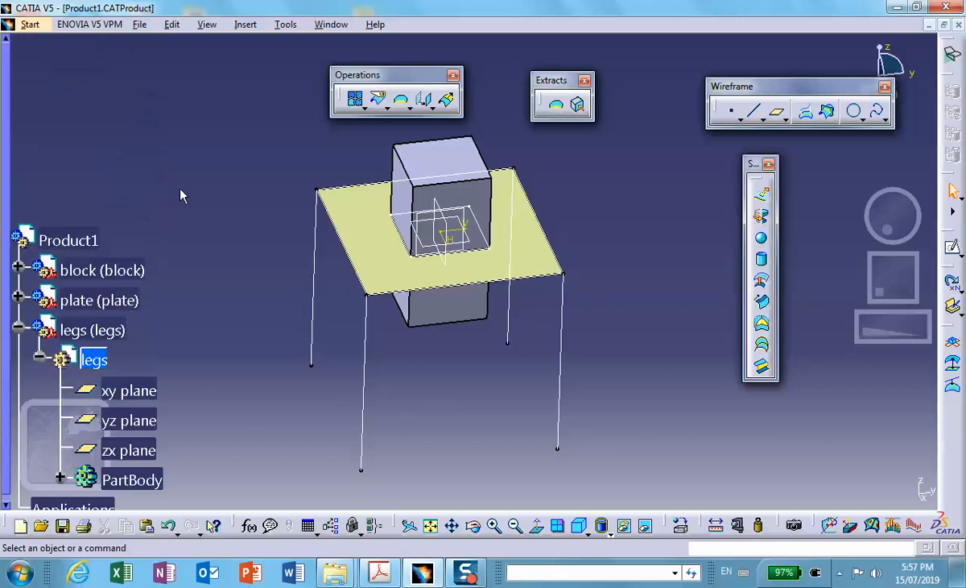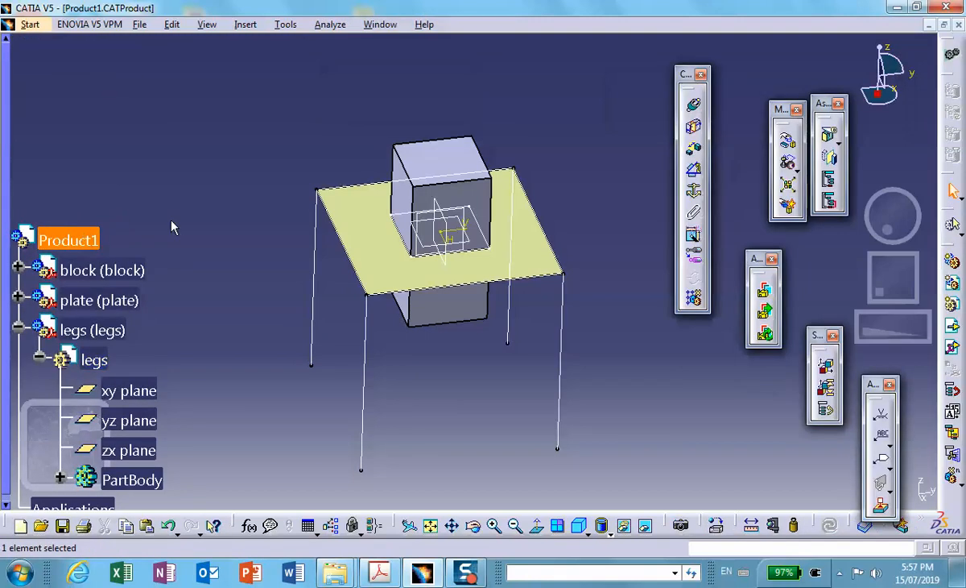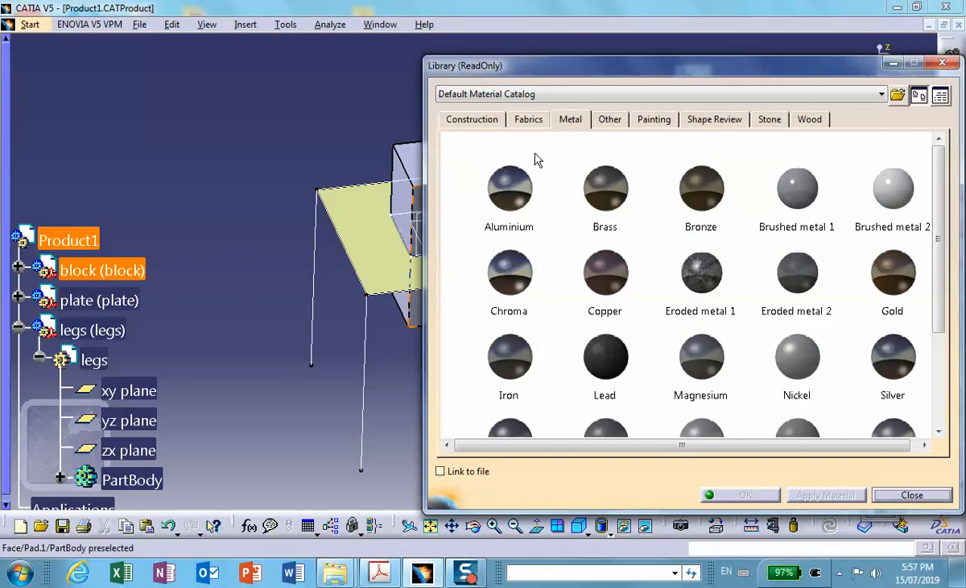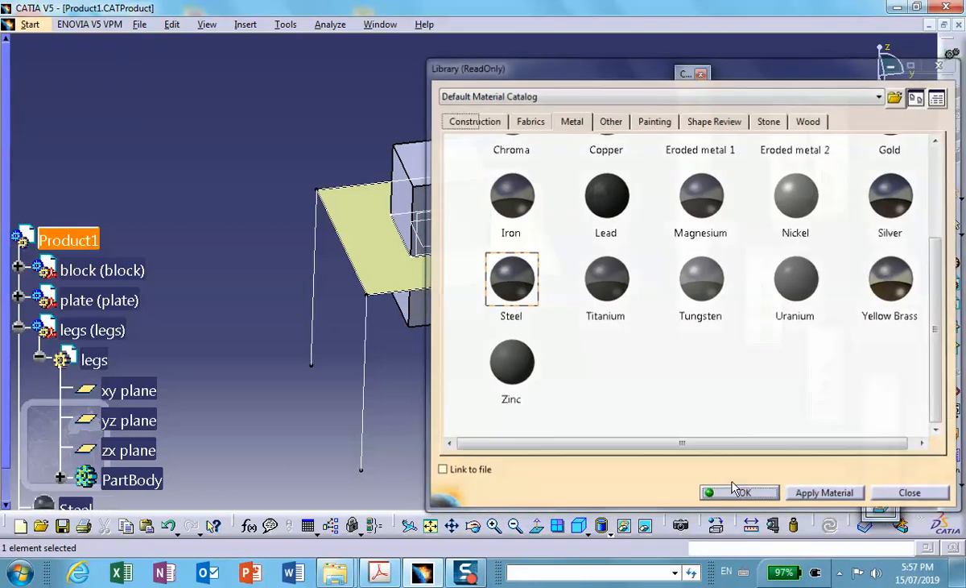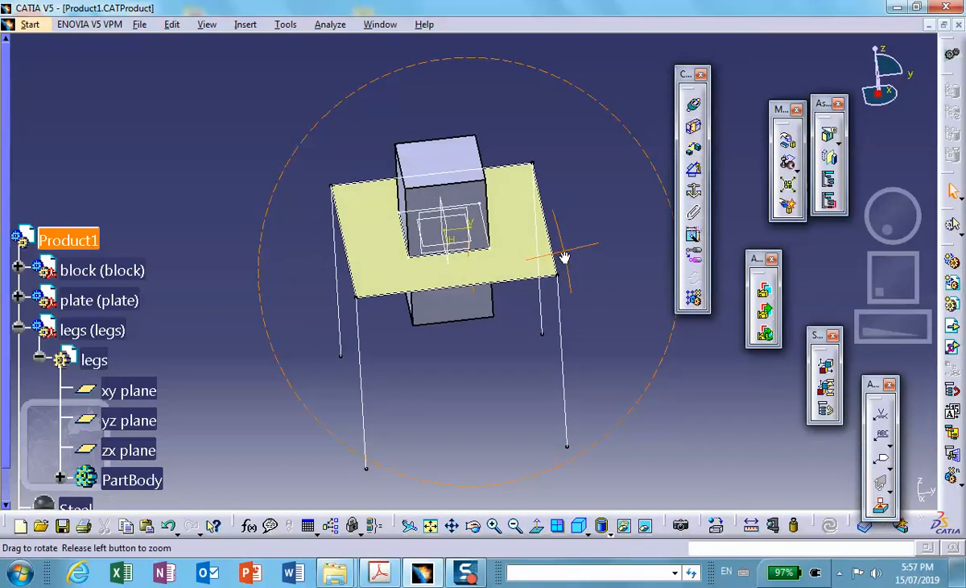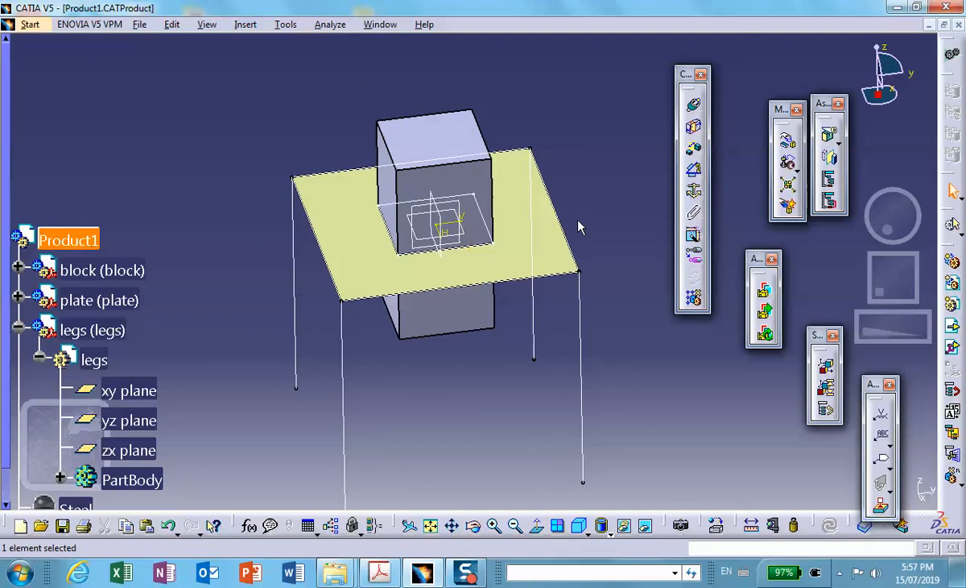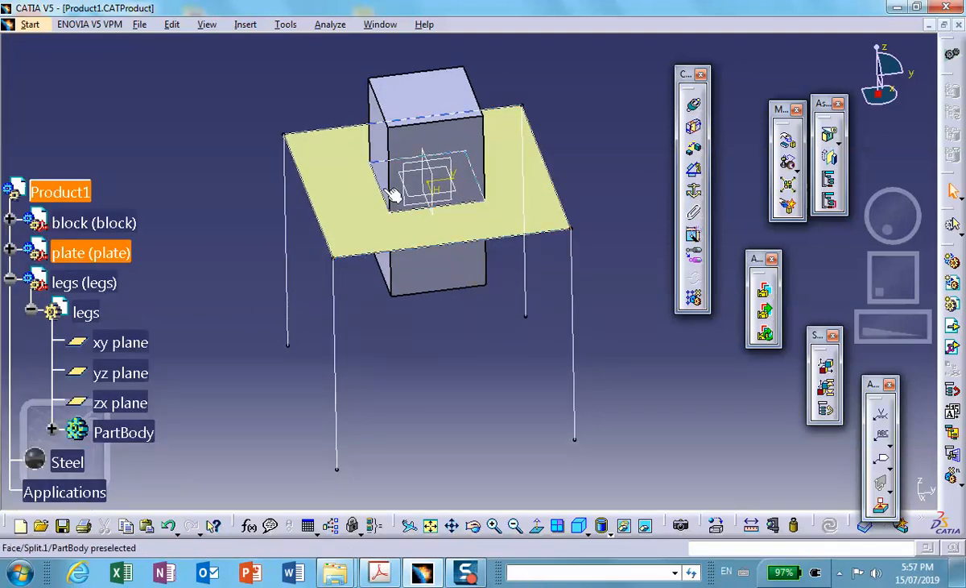Okay, so let's go ahead and first of all, let's assume that everything is made out of steel. So we're going to make everything out of steel. All the parts are made out of steel. Otherwise, you have to assign the material part by part. All right, and this is fine. So we're going to save everything,